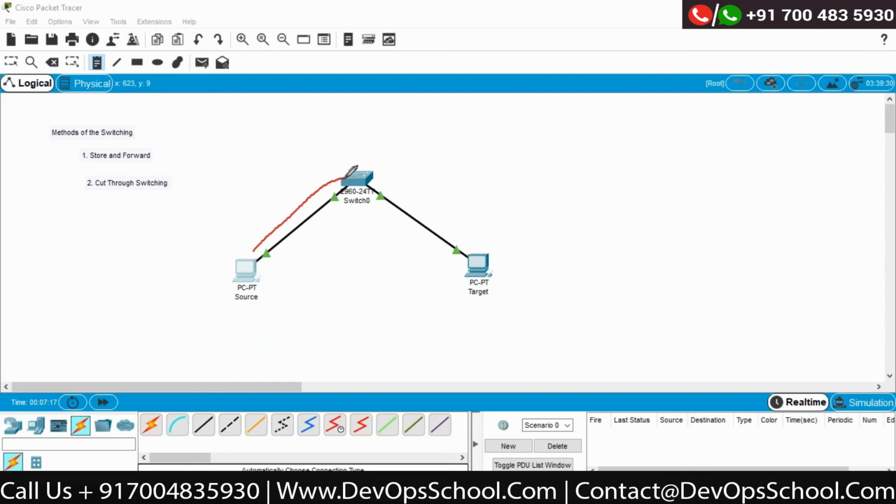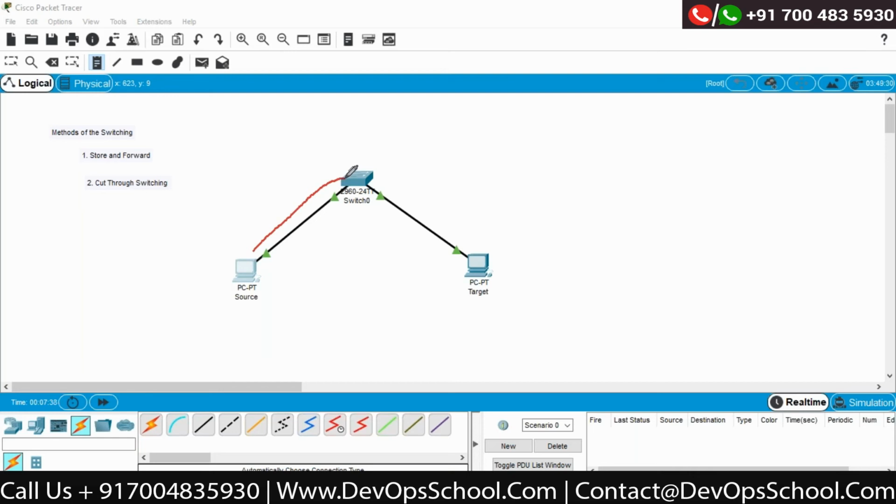But remember that in the cut through method, whenever the switch receives the frame, the moment it reads the destination MAC address of the frame,